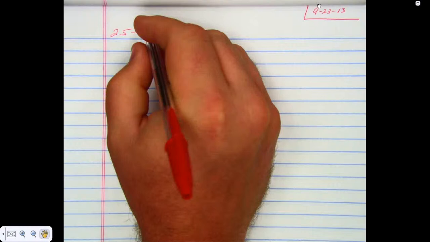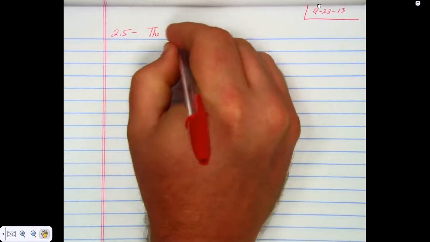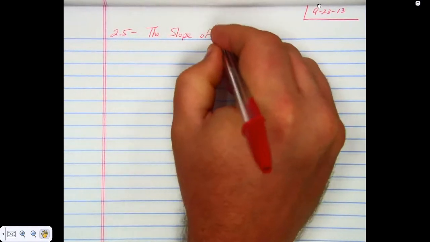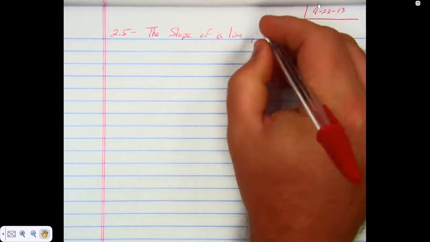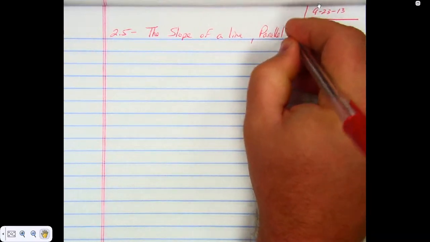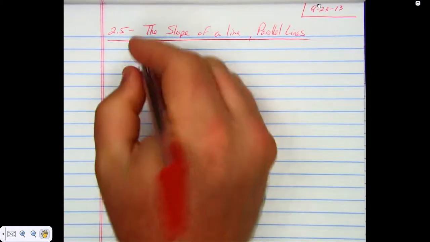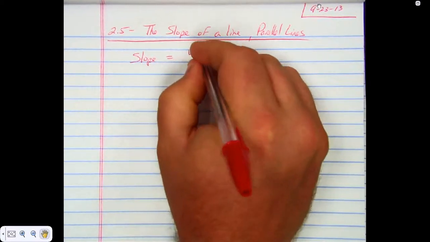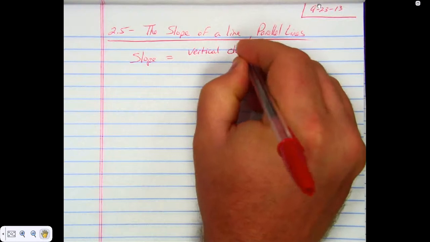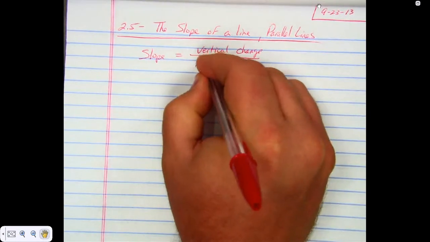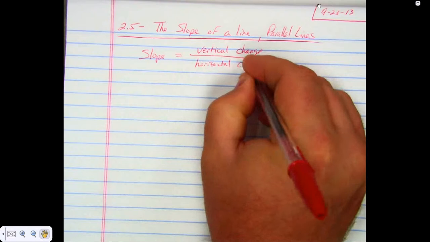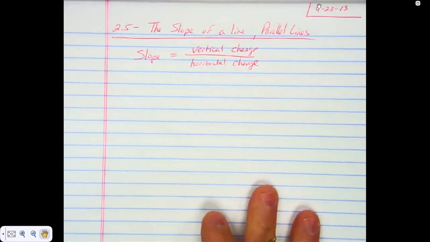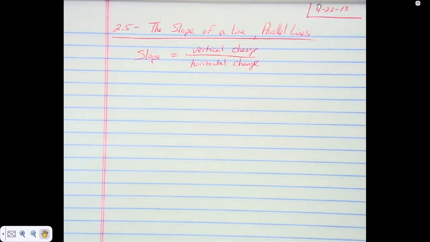Once again, we're still really mostly reviewing. Talking about the slope of a line and parallel lines. Slope, by definition, is your vertical change divided by your horizontal change. Okay? Now, with that in mind,